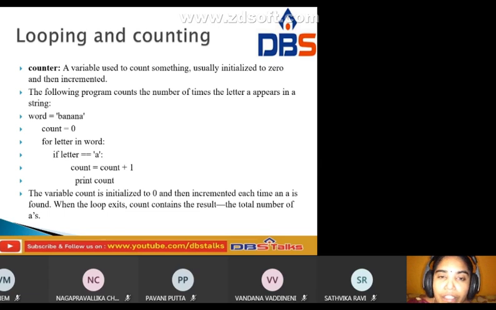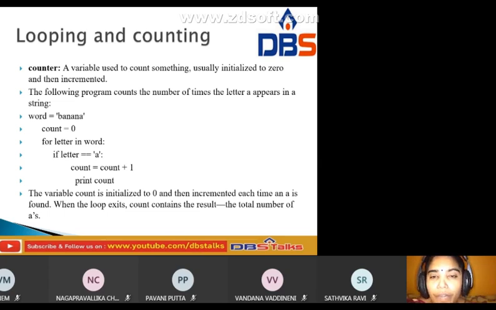Next, this is the example program. You have to count the number of times the letter A appears in a string. We take word equal to banana. Initially count equal to 0, initialized to 0 and then incremented.